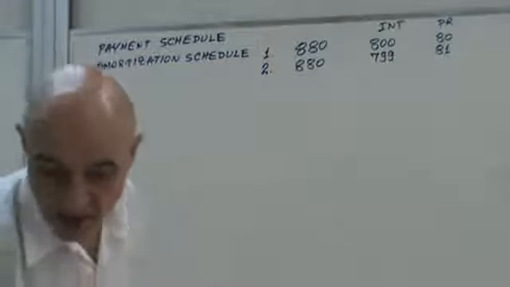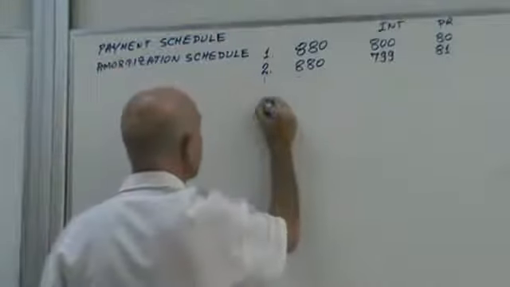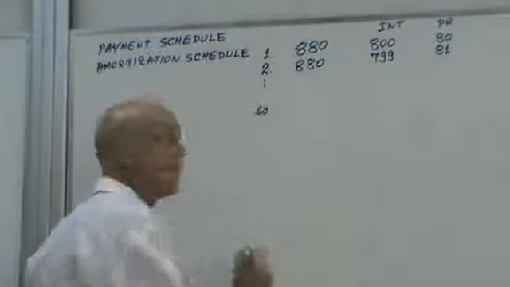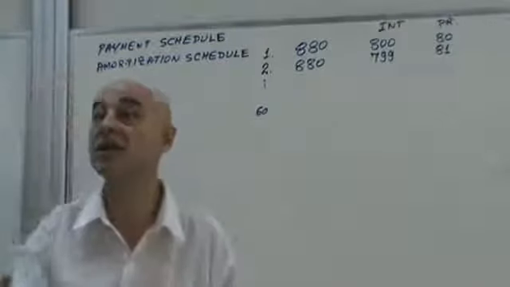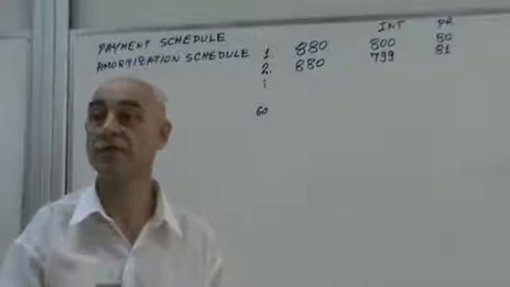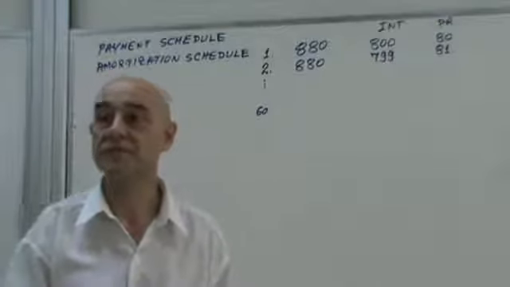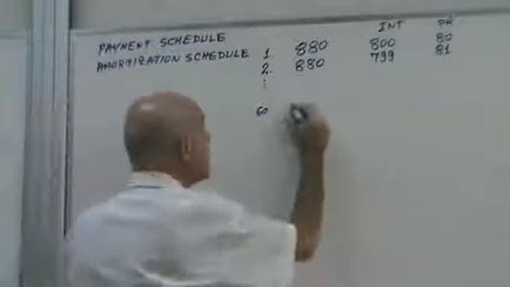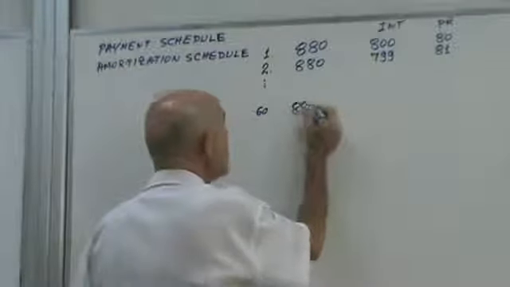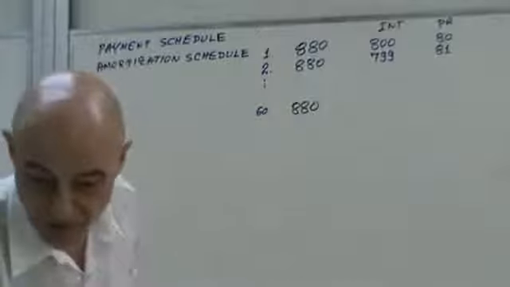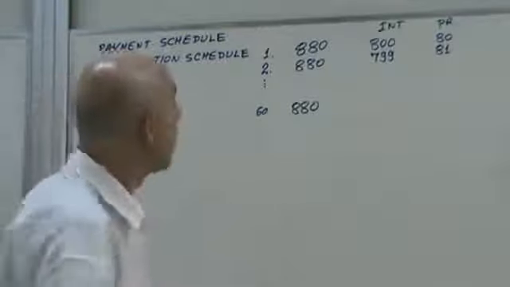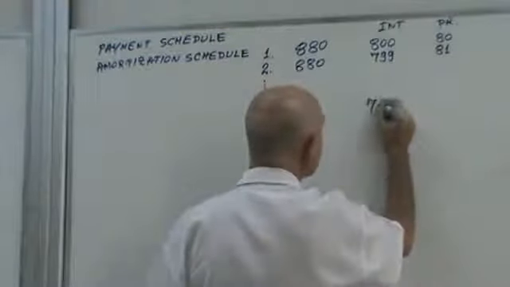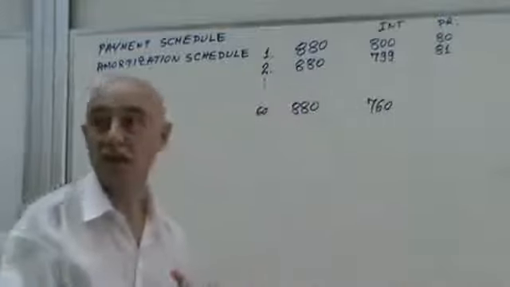And then you go to payment 60. After 5 years, what's the payment? $880. But now you've already paid some of the principal, so after 60, only 760 will be the interest,